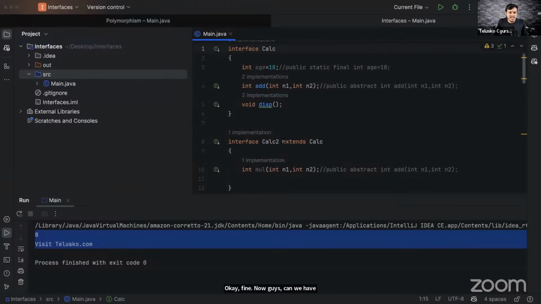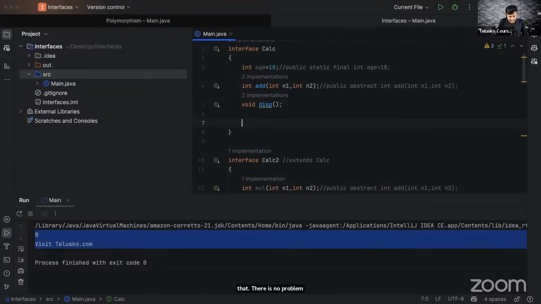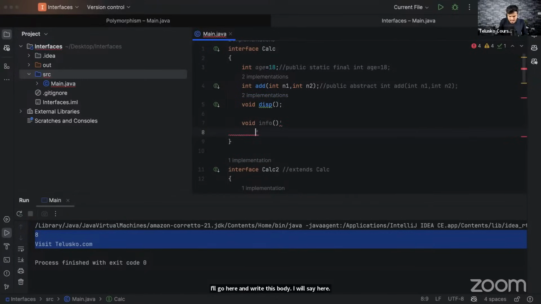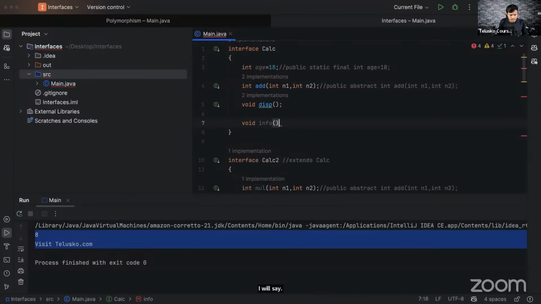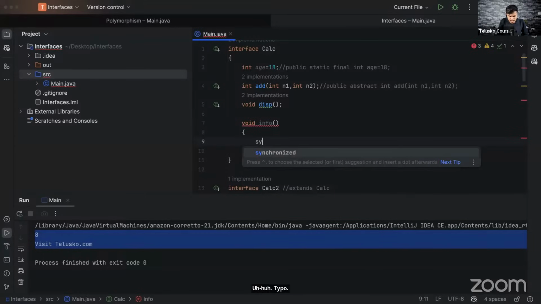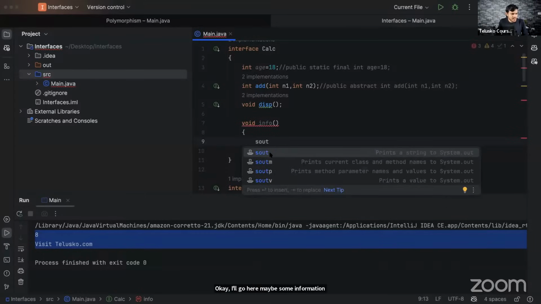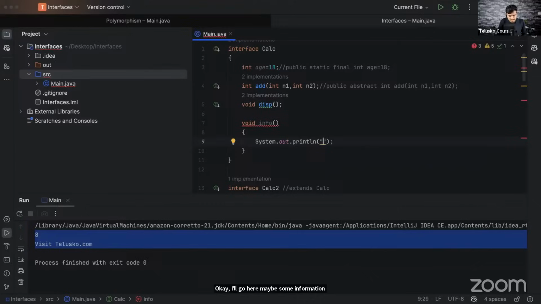Yes, we can have that. There is no problem. I'll go here and write this body. I will say void information. Okay, I'll go here, maybe some information, I'll give sys out. I will say here